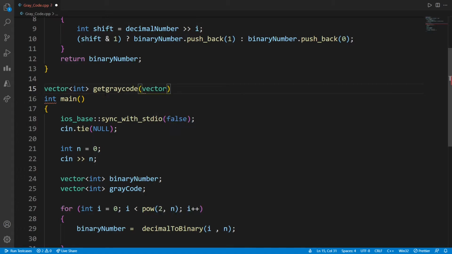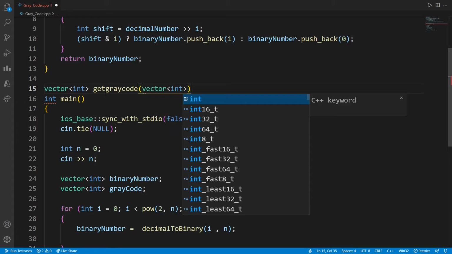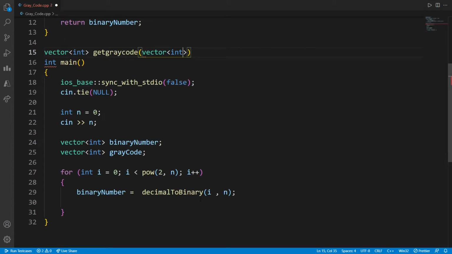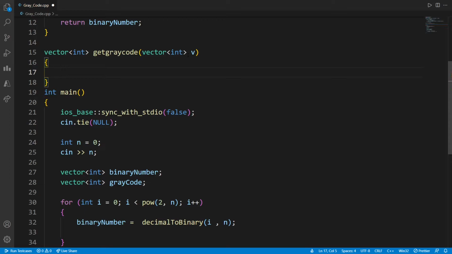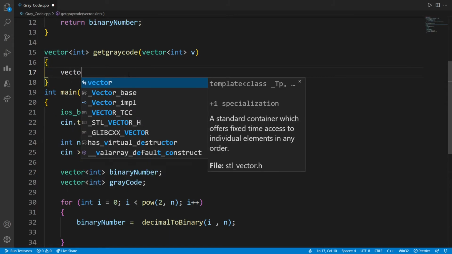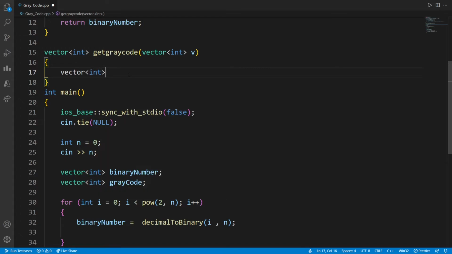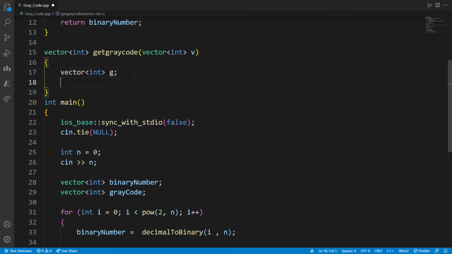So let's create a vector, and we are going to pass this binary number into this. That's why we are creating a vector, and let's call it simply v. Then it is going to return the vector. So let's make a temporary vector here, g, where we are going to store our result.